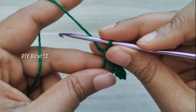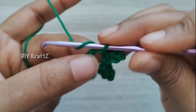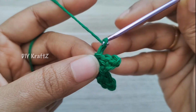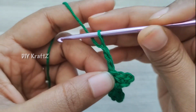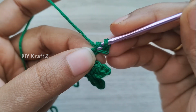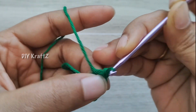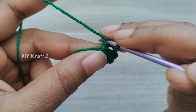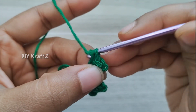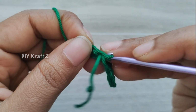This gives you the second point. Now let's start making the third point. So chain 3 and again the same pattern, skip 1 chain from the hook and then make 1 slip stitch, and into the next stitch make 1 single stitch, again a slip stitch into the center, and now repeat this